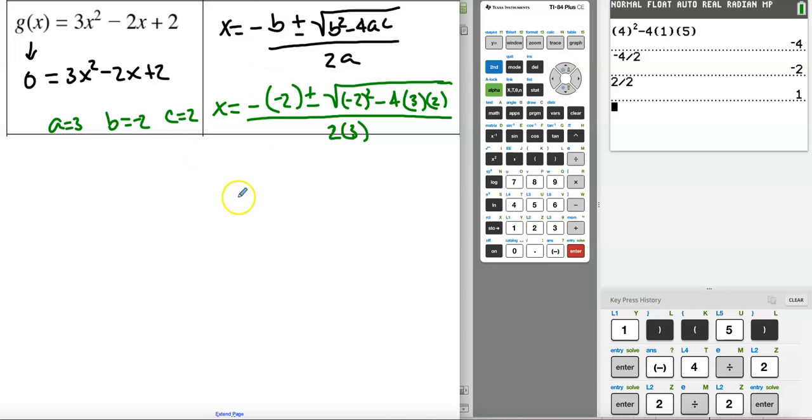Now we want to simplify that a little bit. So x is equal to, now you've got a negative times a negative, so that's going to make a positive 2 plus or minus the square root of